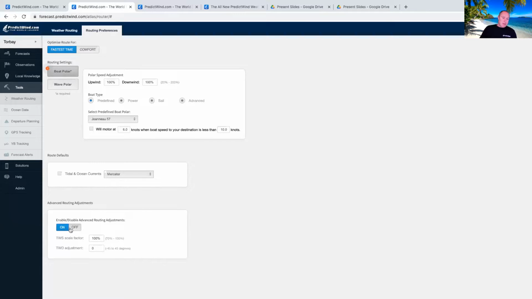So down here we have some advanced routing adjustments, and we can scale the true wind speed for our routing. That will change it. We could add 10% to that, or we could make that 90%, and that would change the wind speed the whole way through our routing. We can also put a